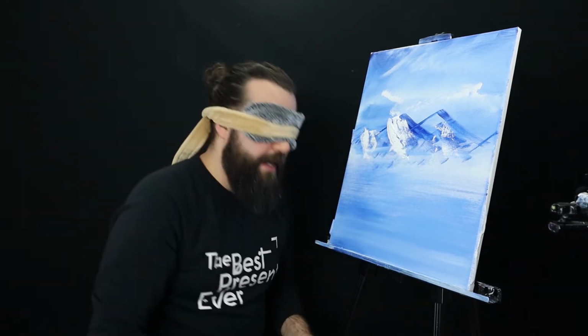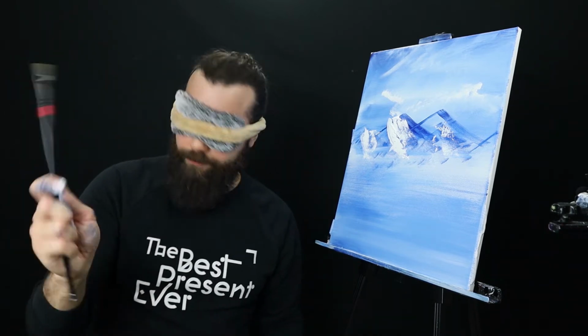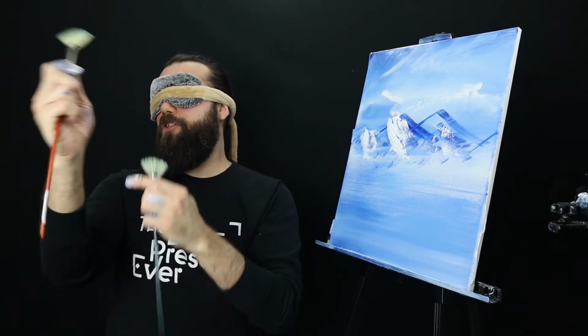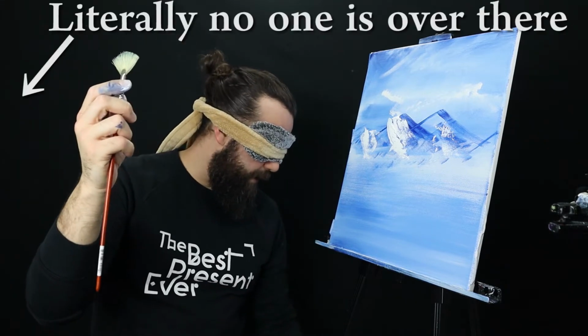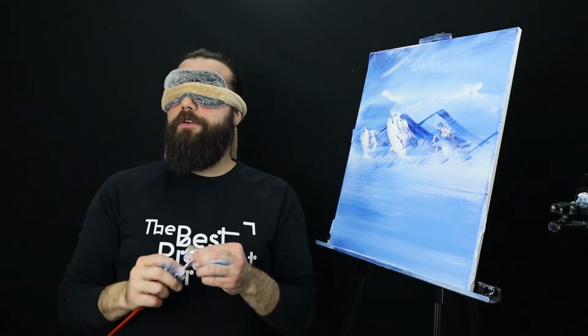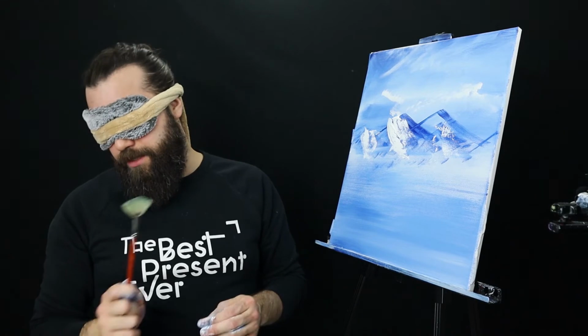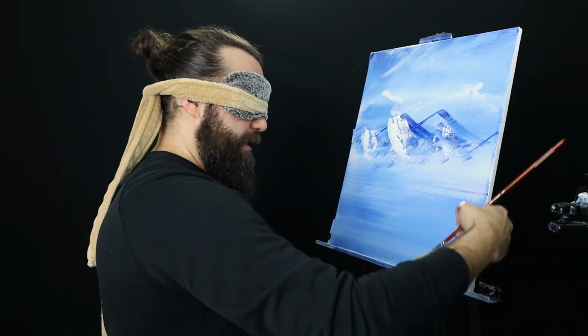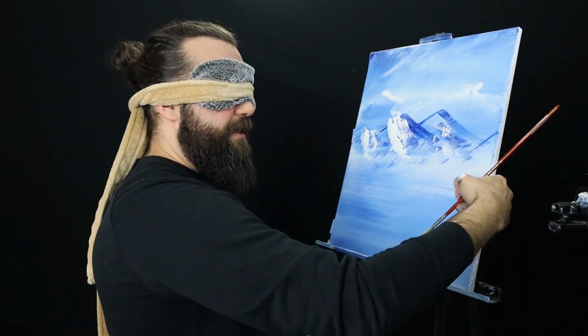We need our fan brush, which is not that brush. I need the smaller one for this one. We're going to use this guy right here. And what we want to do is we want to grab a little bit of green, but I forgot where I put the green. I'm going to say that this is roughly the middle of the canvas, somewhere around right